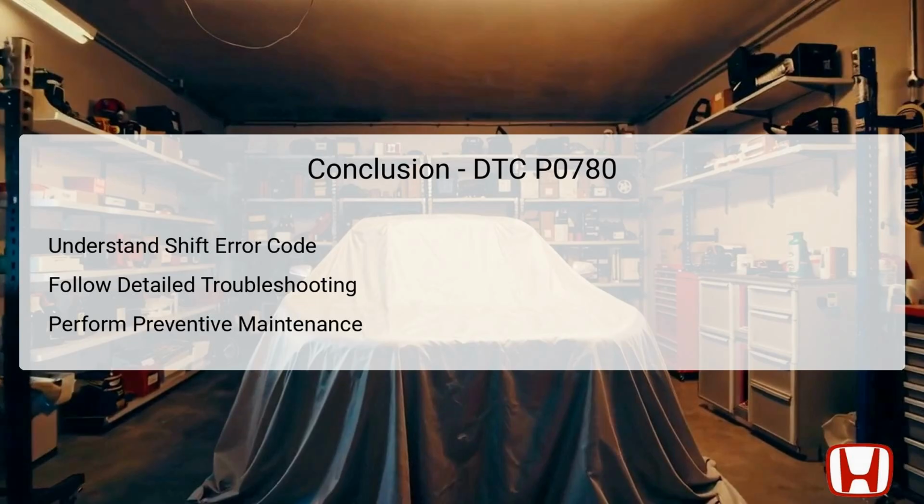The identification of related DTCs, such as P1898 and P1899, plays a vital role in troubleshooting efforts and guiding the technician's next steps. Understanding the components involved, from the TCM to the pressure control valves, is essential in diagnosing the issue effectively. Furthermore, implementing preventive maintenance practices can help safeguard the transmission system against potential failures. Overall, a thorough understanding and diligent approach to the troubleshooting process can restore optimal performance and reliability in the Honda